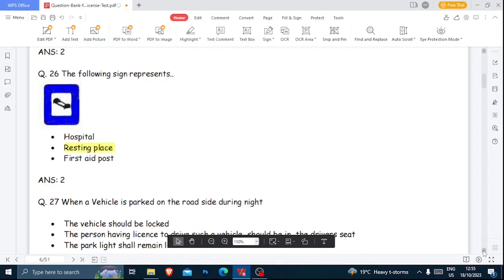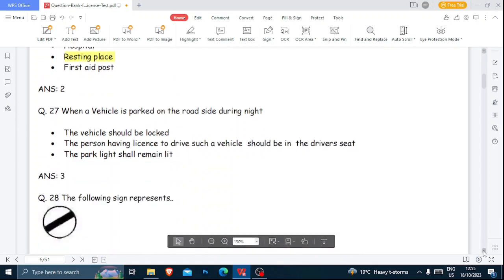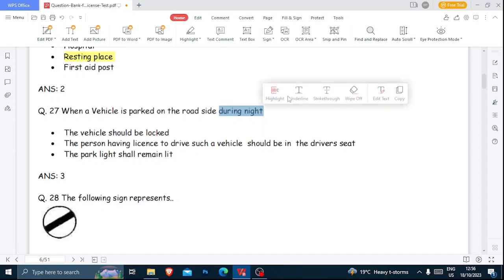Now moving on to the next question. When a vehicle is parked on the roadside during night, option A, the vehicle should be locked. B, the person having a license to drive such a vehicle should be in the driver's seat. C, the park light should remain lit. Now this is during night, so here is our keyword. So during night, the park light should remain lit,